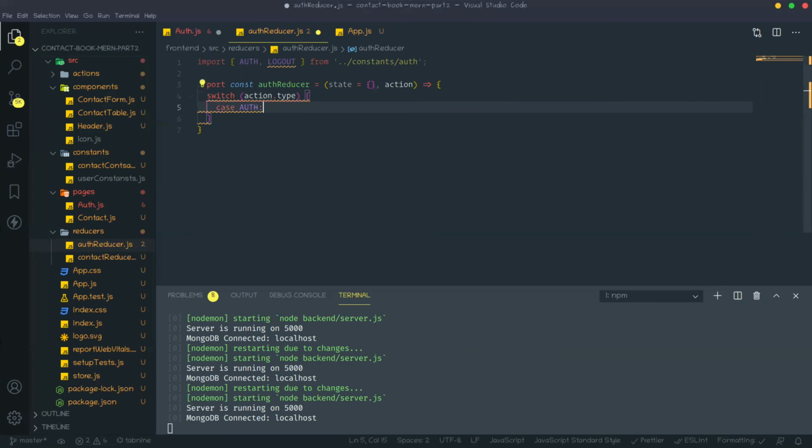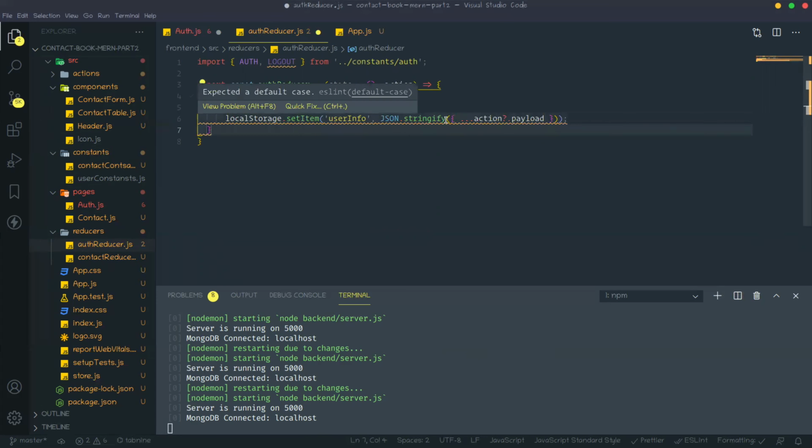If the case is auth, then we need to set item, what we will get from the payload, means that API payload we need to set to local storage. So local storage dot set item, the key is user info. Then we need to just stringify the whole JSON object we get from the payload. We need to store all that data as user info in local storage, and then return the state, and we need to store that data in our Redux state also.